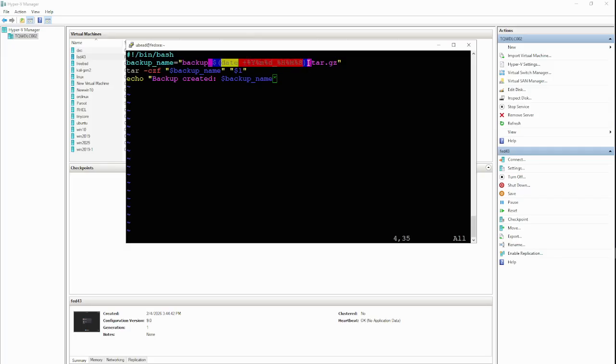So the variable I am using is date. %Y, which will be year, then %m, which will be month, %d, which will be date. Then I am using underscore here, then hours, minutes and seconds. Whatever name you give, it will create a backup with the existing current date and time. It will capture your system date and time, and it will create a backup here with